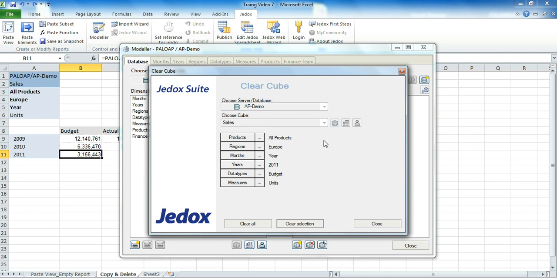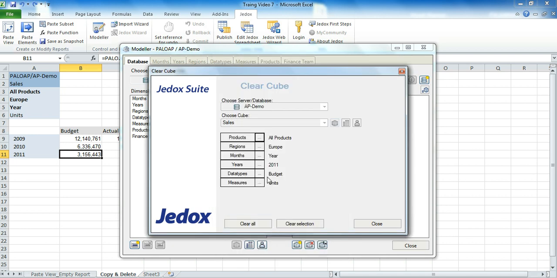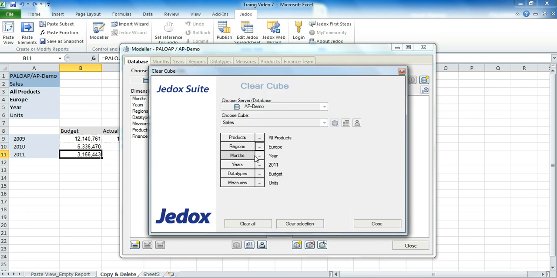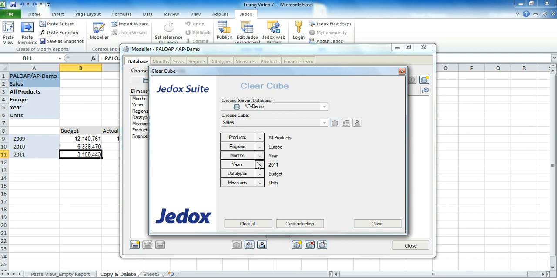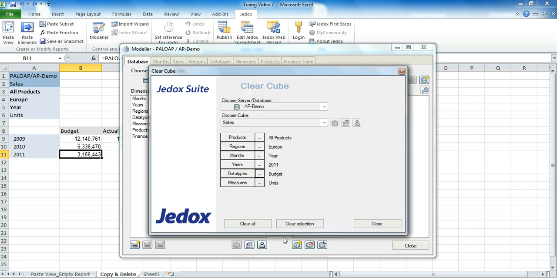So here I will choose AP demo database, sales cube. I will then select all product, region be in Europe, month be in full year, year 2011, data type budget,